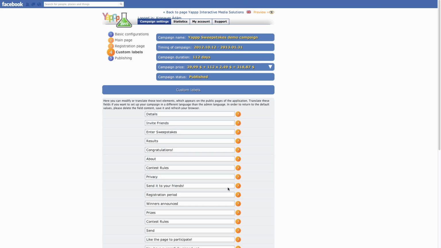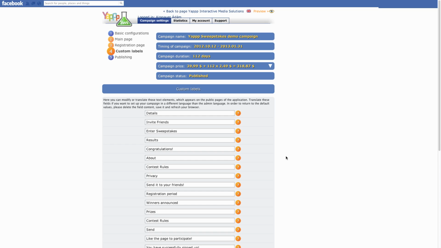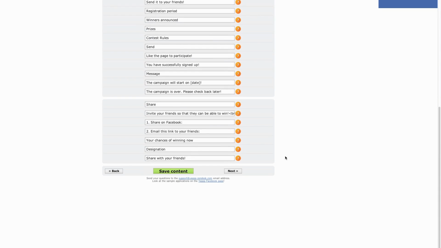The custom labels section contains those texts that are presented on the public areas of the application. You can edit these texts. You can translate them to any other language. This way, you can operate your application in your own language, which may not be among the offered languages of Yap. With this option, you can use the application virtually in any language environment. To reset the original content of a particular field, you have to delete your text in the field, then save